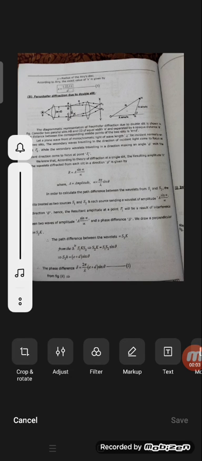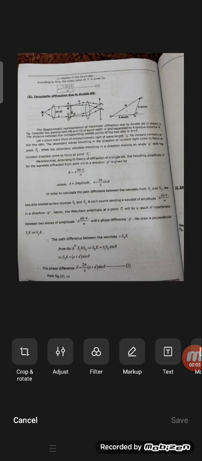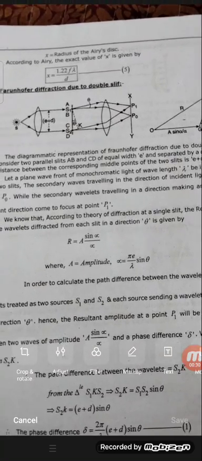Good morning. So today the class is about Fraunhofer diffraction due to the double slit. In the previous classes we have seen the same Fraunhofer diffraction in case of using a single slit as well as a circular aperture. Now the session is about how the Fraunhofer diffraction will be produced when we use the double slit. We have to use two single slits. So let us focus on the diagram.